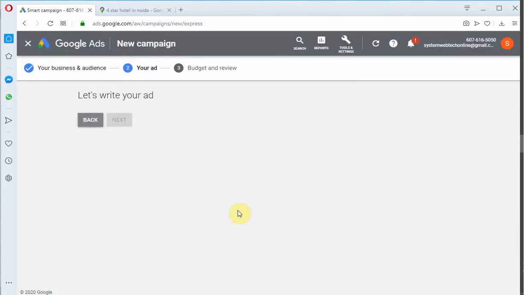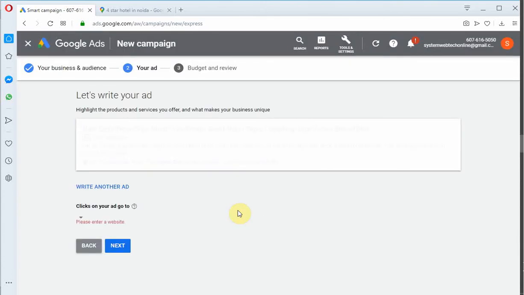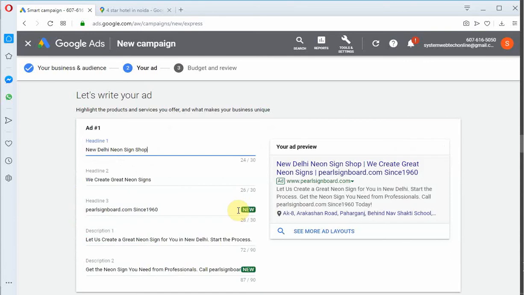Now it is giving us the option of designing the ad. So here you will see three kinds of suggestions are also present.